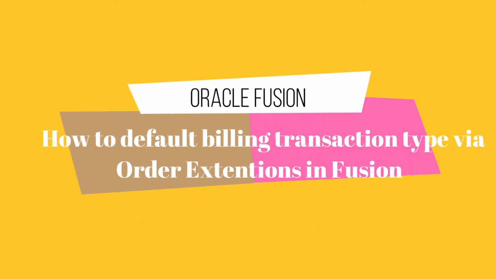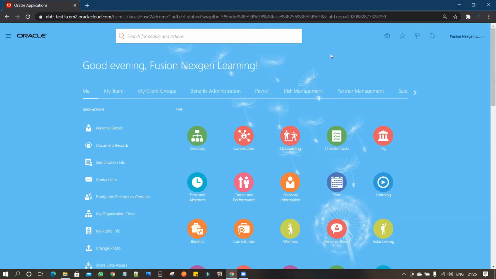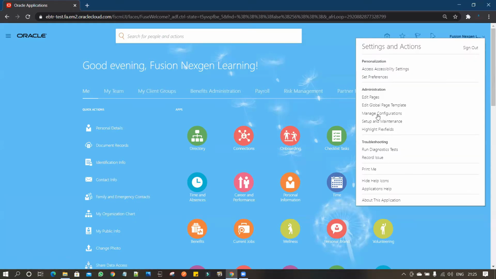Now, in today's demo, we'll see how we can utilize the order management extensions to default the billing transaction type against the order type.